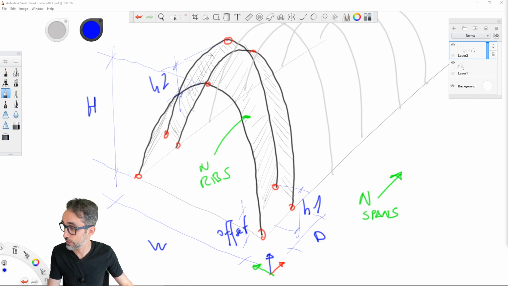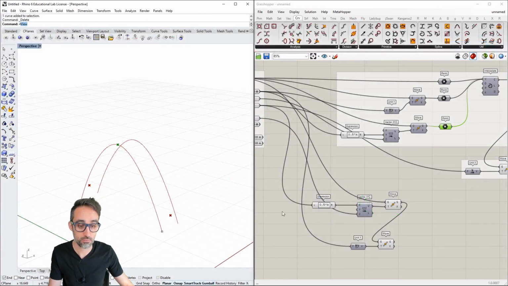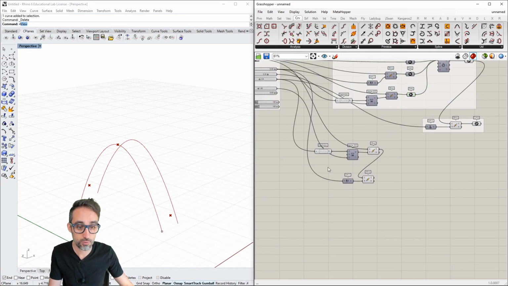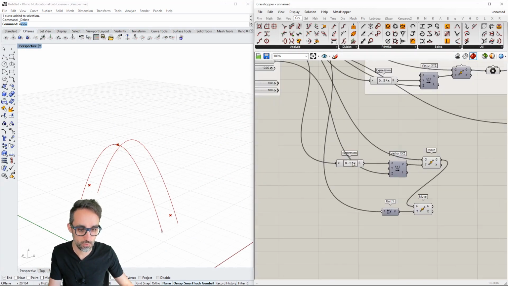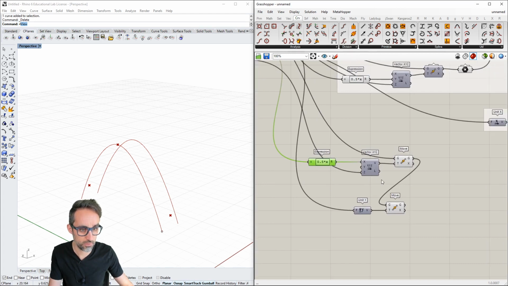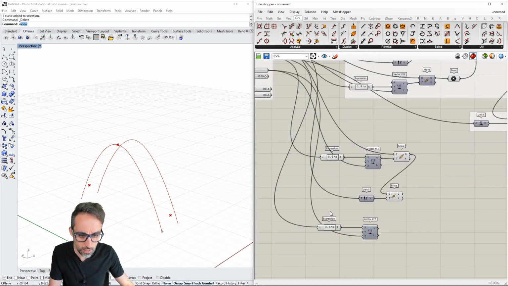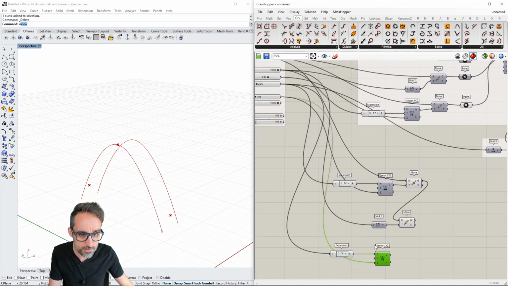So I'm going to take this point and create a vector that is going to be half d, which I already have here, and c is going to be